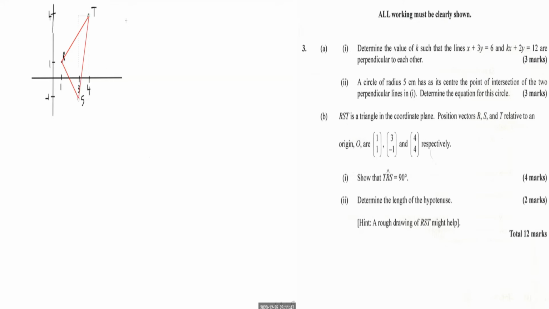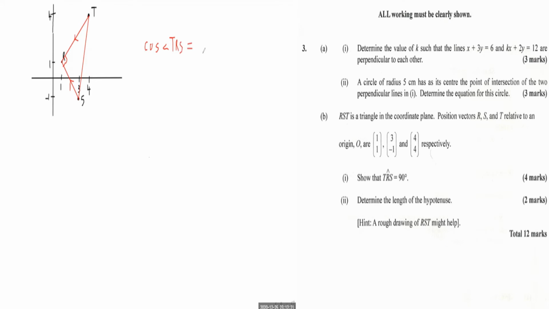So based on our sketch, they want us to show that angle TRS is 90 degrees. To show that, we need to find vector SR and vector TR. Those are what we need to find, and then we can use the formula to find the angle. All right. So what we know is that the cosine of angle TRS is equal